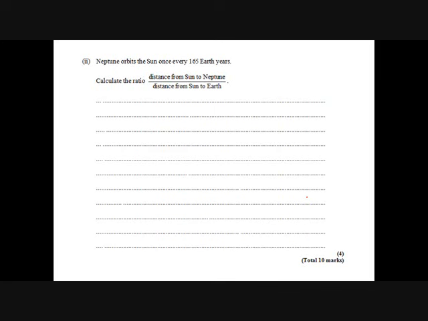Same effort for Neptune. So we are definitely in years here, so 165 Earth years. Again, the same sort of principle here, really. The period of the Earth's orbit squared over the radius of the Earth's orbit cubed equals the time for Neptune's orbit squared over the radius of Neptune's orbit cubed. So if we want to get the distances, Neptune's on the top, so the radius of Neptune's orbit cubed over the radius of the Earth's orbit cubed